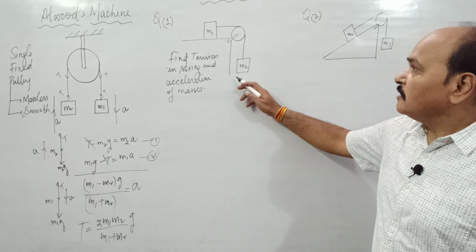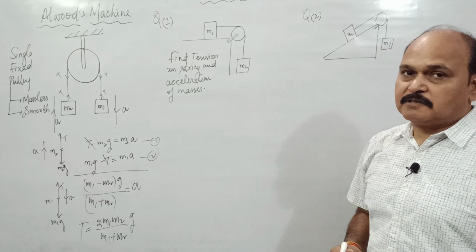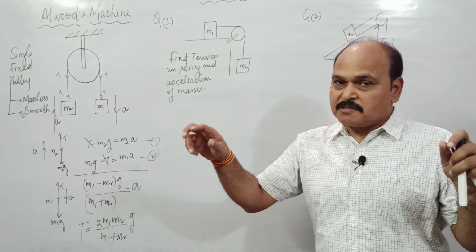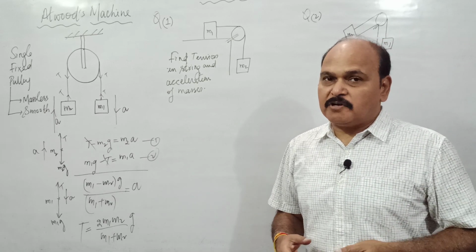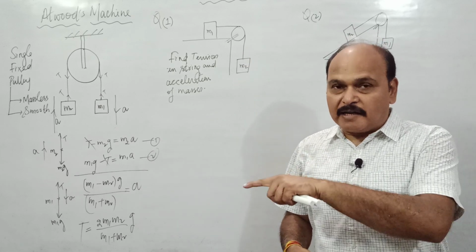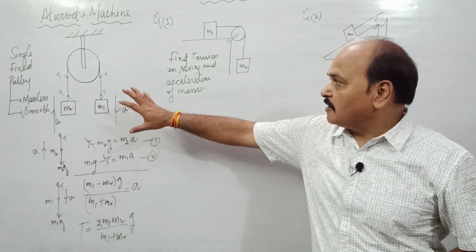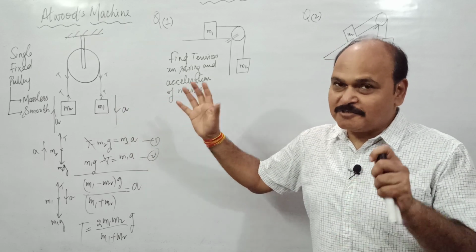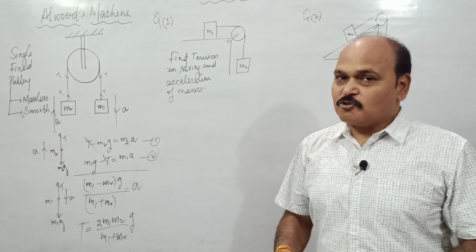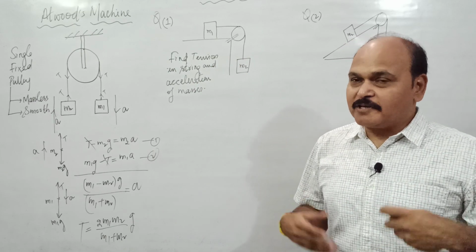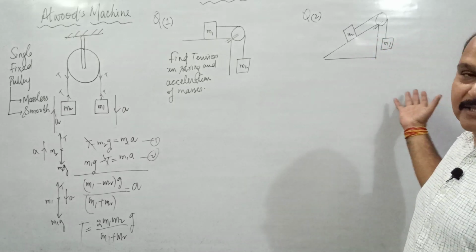Well, now starts your real questions. So far we have been discussing horizontal motion, some basic information regarding vertical motion, then the inclined plane, then the Atwood machine. So far we have been deliberating on the basic concepts. Now the questions that are going to be asked are like this.